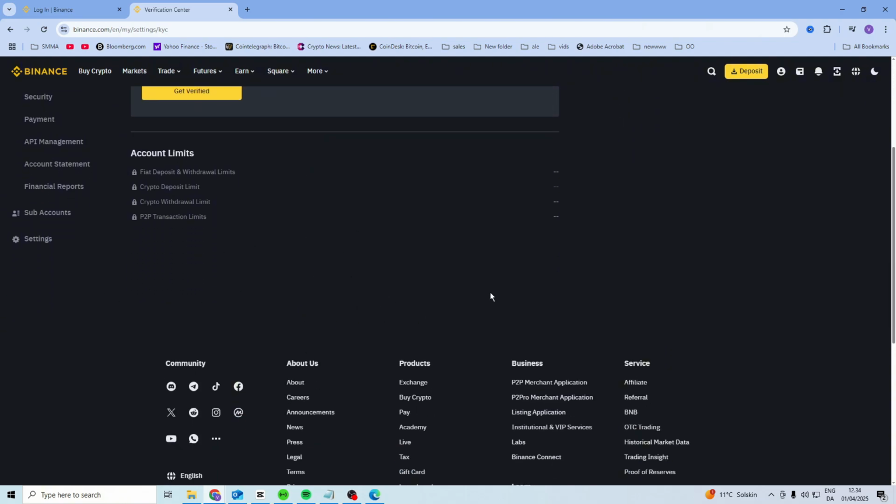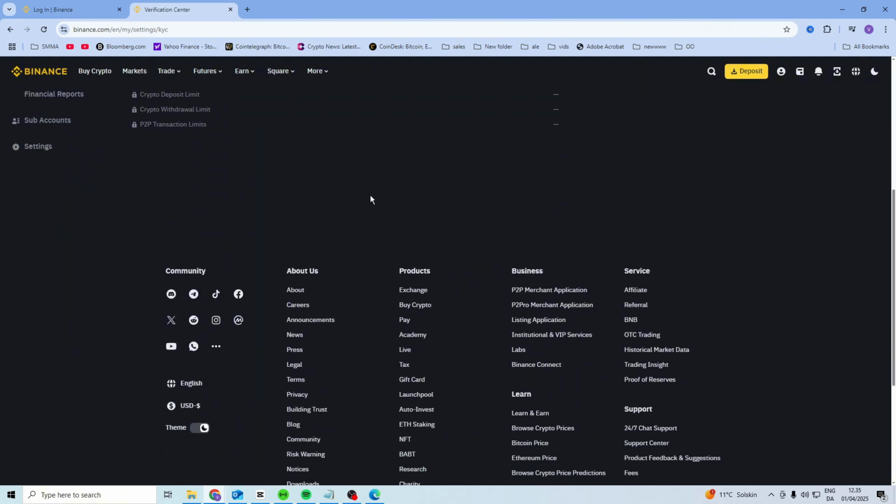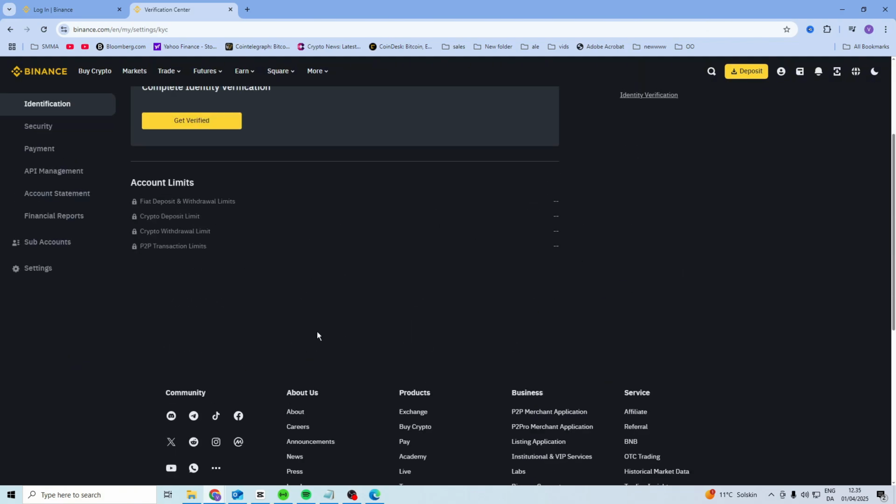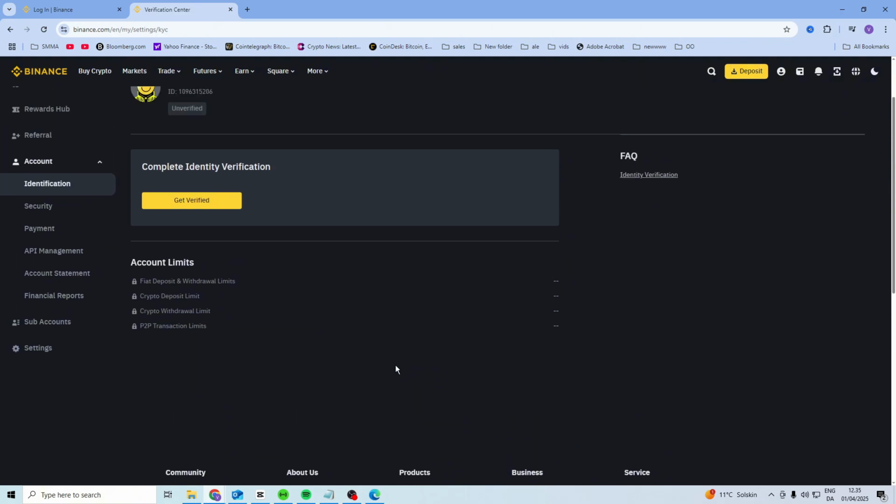Now for some people, they can change it right here. It depends on what country you're in. But if you're not able to change it directly from in here, what you can do is there will be a support button right under that you want to click on, right under the address. And you want to click on the support button, and then you want to message Binance that you want to